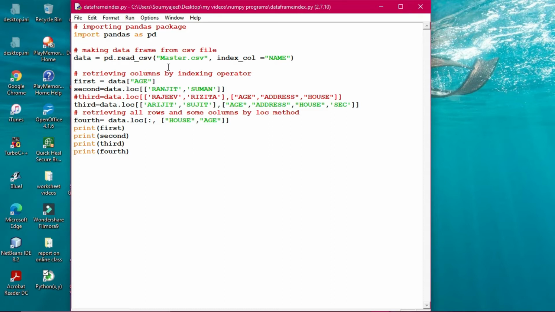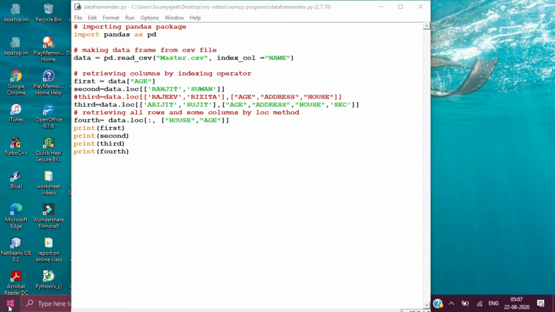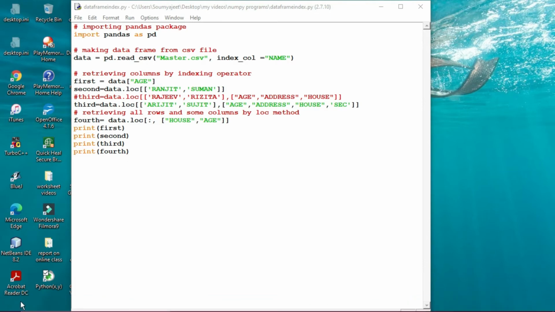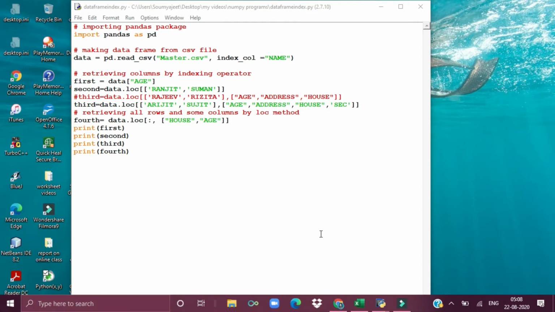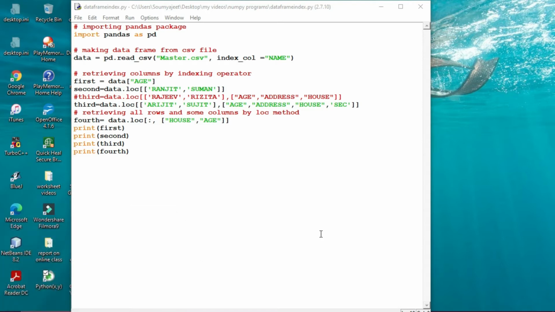I'll show you how to create this file. This file has already been created, but I will show you the procedure practically. For this, first of all you have to open Excel in your system. That has to be created first, which is mandatory. So I'm pressing Windows R, which is the best procedure to run Excel. Type Excel, click on OK or press enter, and Excel will start executing.